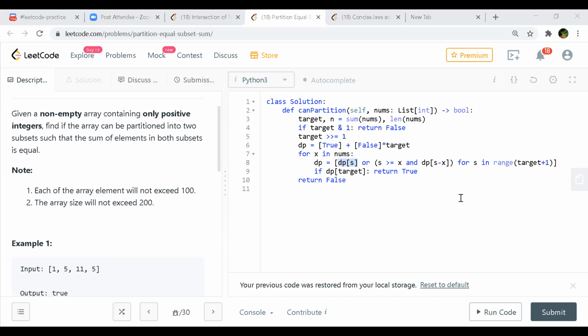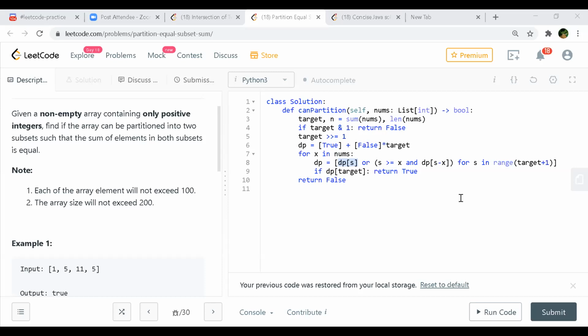So in the worst case, what can the target be? What would be the order? In the first case it should be n square only. If the target is half of the sum of the entire array, right? So why are they not saying n square?